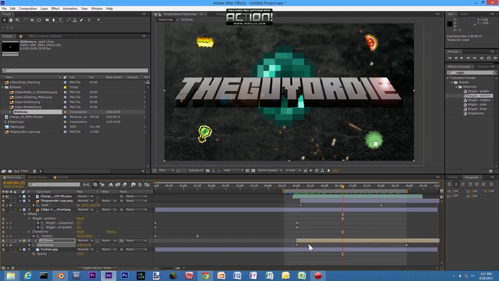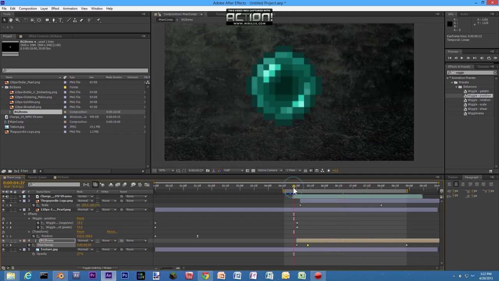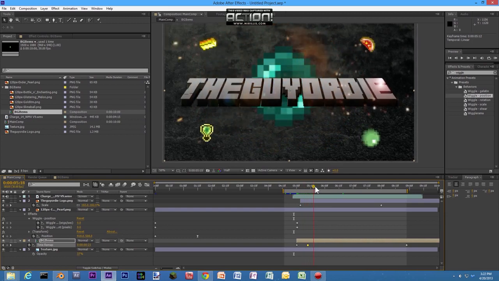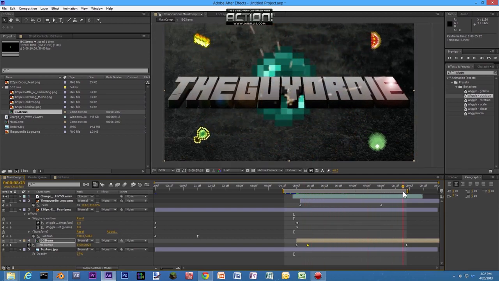Now, if you want them to fly out faster during the explosion, you just move that a little bit closer. If you want it to take a little bit longer after the explosion for them to pop out, you drag it farther out. I want it to go faster, so boom, and then they slow down until the end where